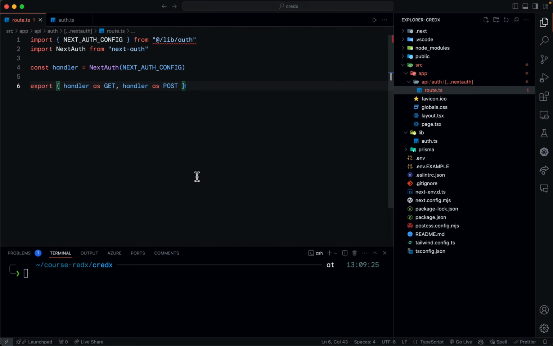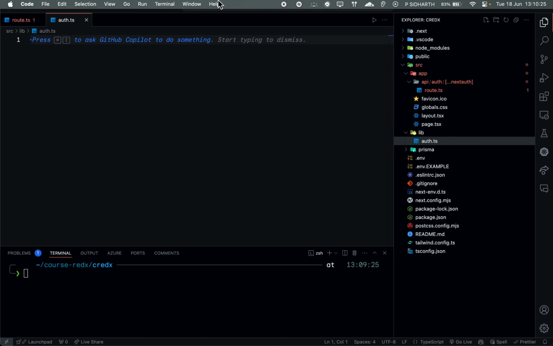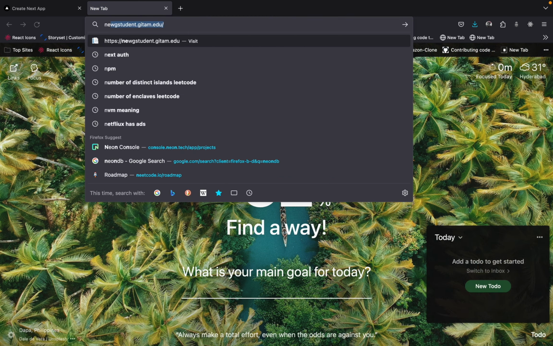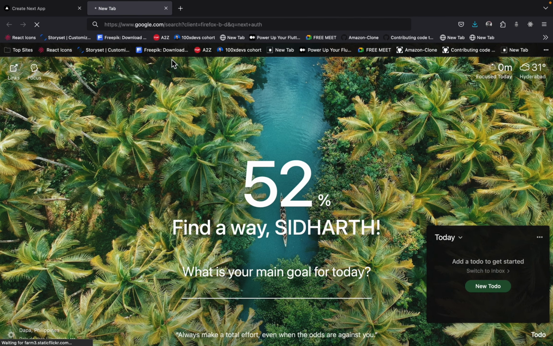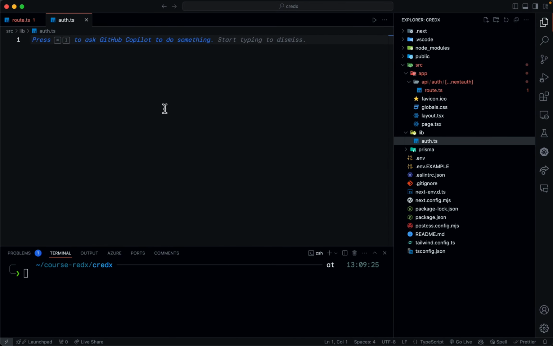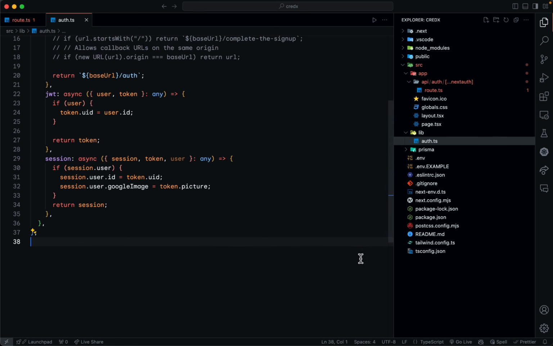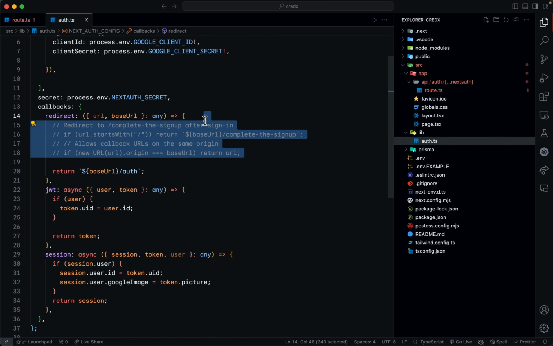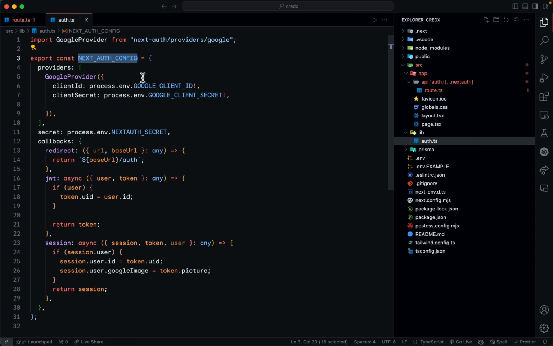So let me showcase what our auth.ts file is going to look like. Let us head over to the NextAuth website, and then let me showcase how you can write your own authentication logic. So basically you have to write this. Yeah, so you are just exporting a variable called NextAuth config, and here you have to write what are your